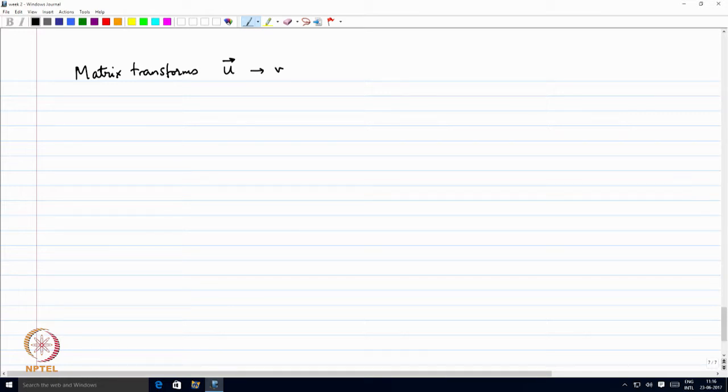U, which is a vector. So, A u equal to V. Okay. So, it takes U, it transforms it, it is a linear transformation, it gives a vector V. So, if the norm of U equal to norm of V,